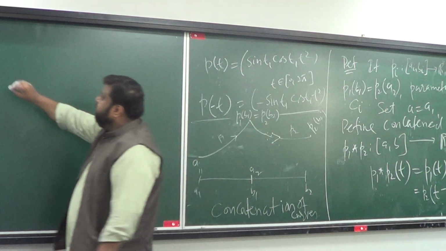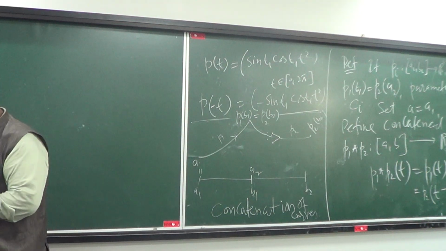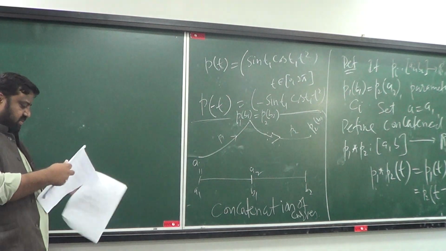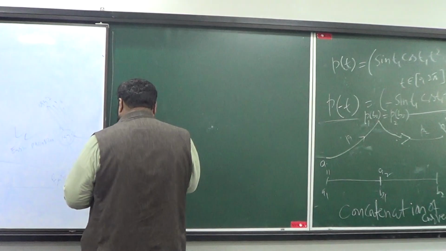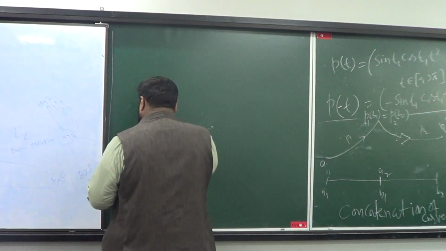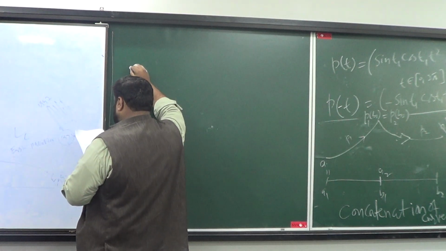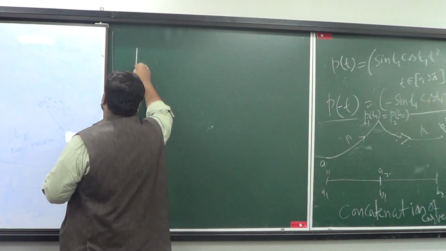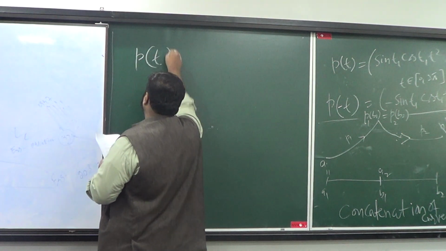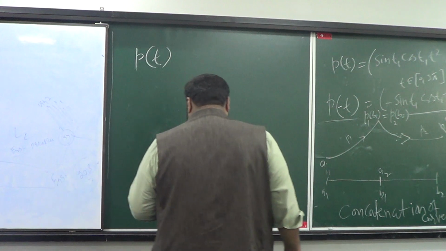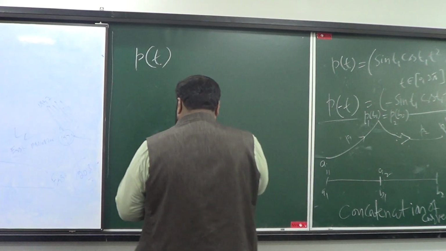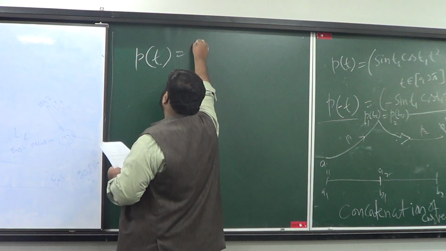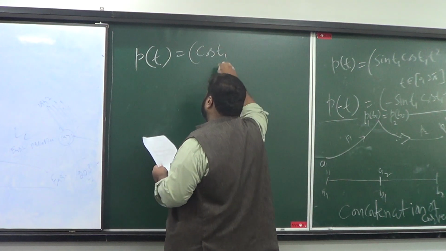So here's an example. Imagine I have a circle that has two parameterizations. Cos t, say